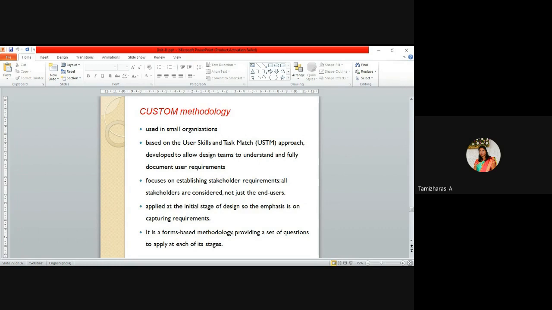You all know that in the software development life cycle you have different phases, like a communication plan, then you go for a design, then you write the code, you test it, and then you implement it. So these are all the general steps which are followed in software development. In that case, collecting the requirements is going to be the first step. Okay. So this methodology is applied at the initial stage of the design, and the focus will be on